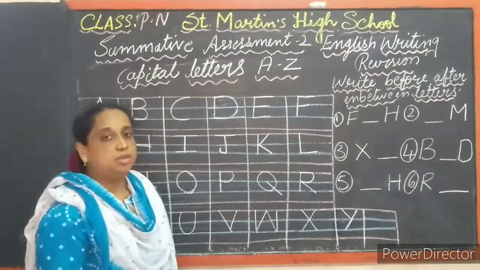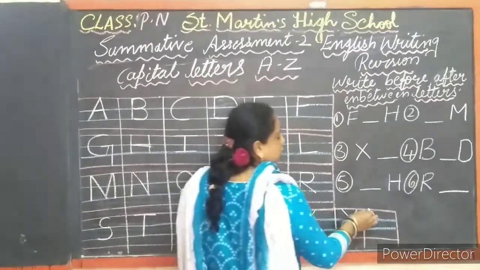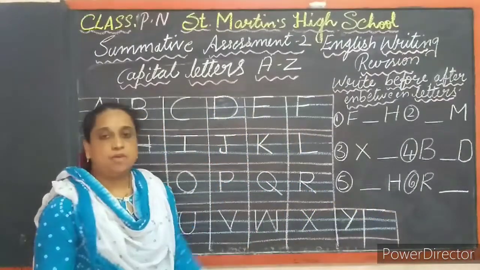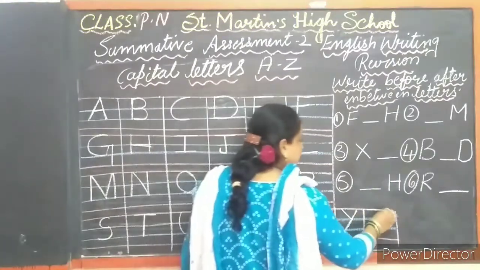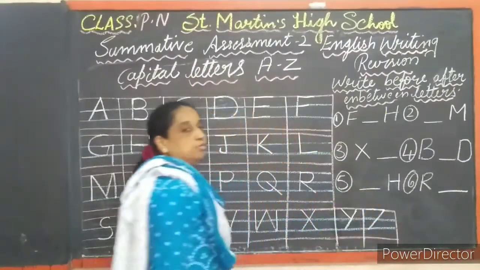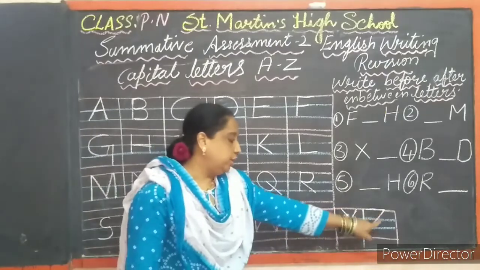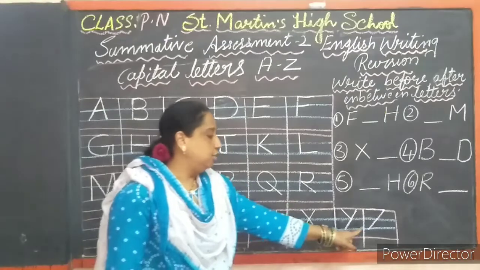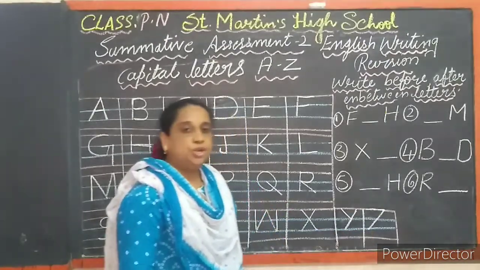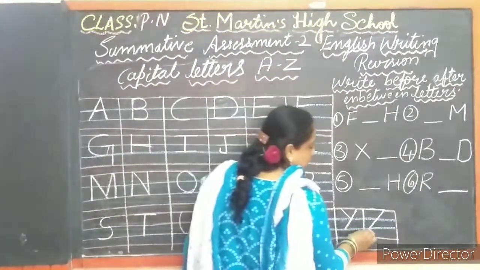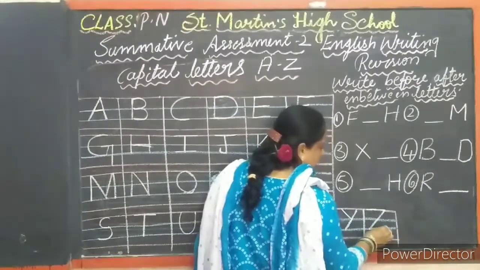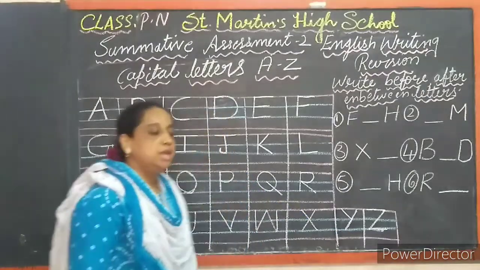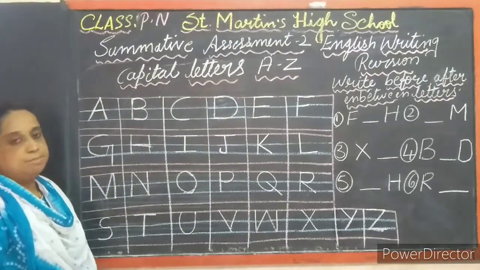Z. For Z, first you draw one sleeping line to the top red line. Then after that, joining to that, draw one right slanting line from the top red line to the second blue line. Joining to that slanting line, draw one more sleeping line on the second blue line. That makes letter Z. Understood, children? I hope you all understood and note the capital letters with me.